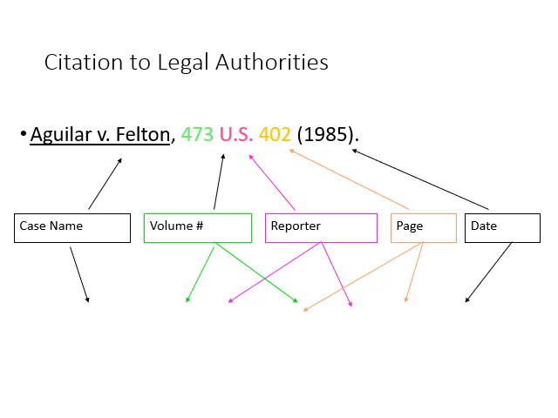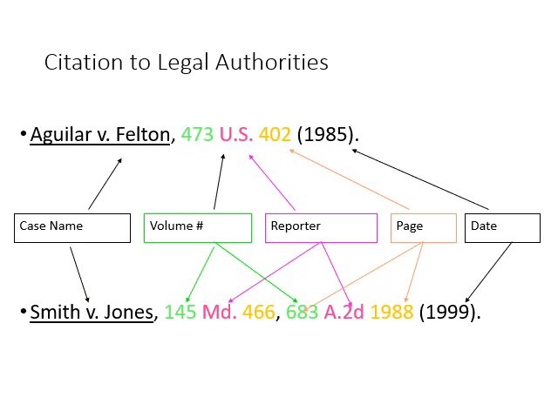Now, let's take a look at our citations to legal authorities. I have an example here of an official citation to the United States Supreme Court and a string citation to a Maryland court with the official and the unofficial citations. Let's first break them down. According to the Blue Book, this is where we find our resources to tell us how to cite to legal authorities. The Blue Book has very, very specific requirements as to how citations are formatted. You should become familiar with that, and you should follow this strictly in all of your classes and then also when you are at work.